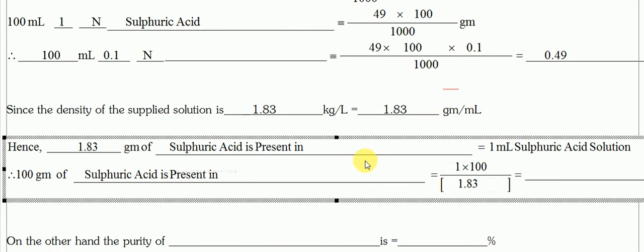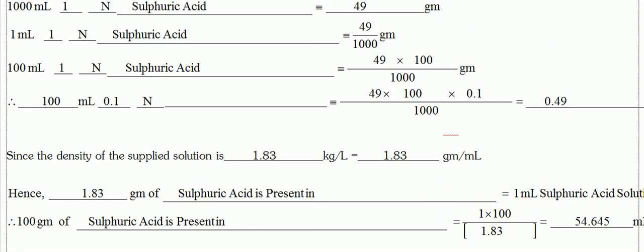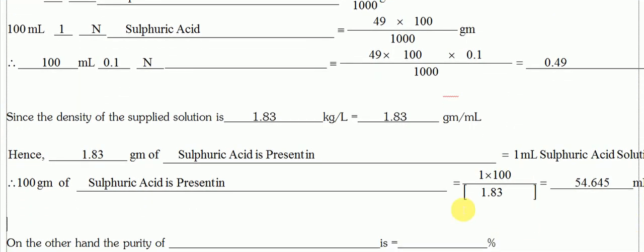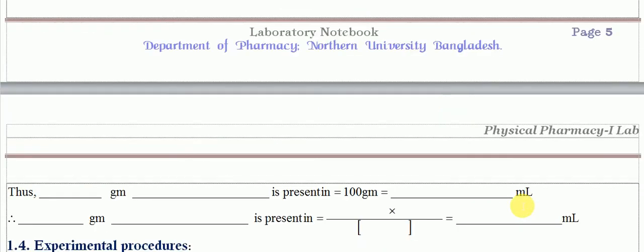That means the middle line between the first and last line, and this gives us 54.645. This is the equivalent volume of 100 gram sulfuric acid. That means we can say that 1.83 gram of sulfuric acid is equal to 1 ml. That is why 100 gram of sulfuric acid is equal to 54.654 ml. Okay, now